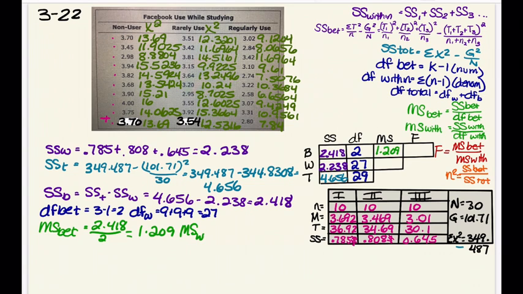Our mean square within is our SS within divided by the degrees of freedom within, which is 2.238 divided by 27, which is 0.083. And we'll use these mean squares to calculate our F value, which is the mean square between treatments divided by the mean square within treatments. And we come up with an F value of